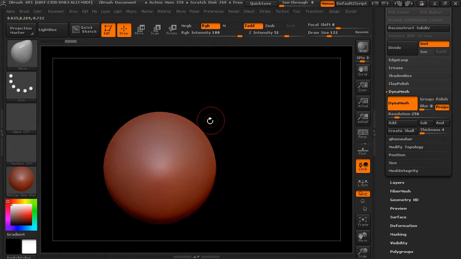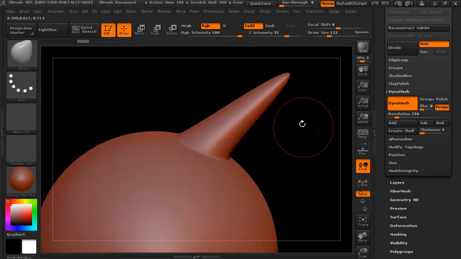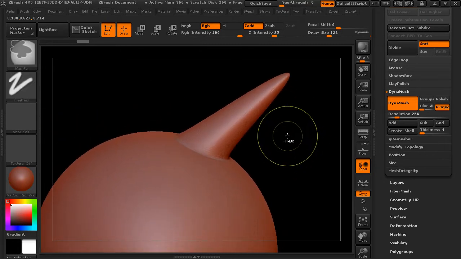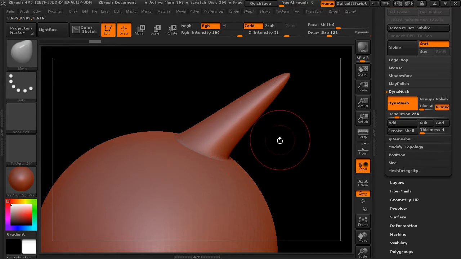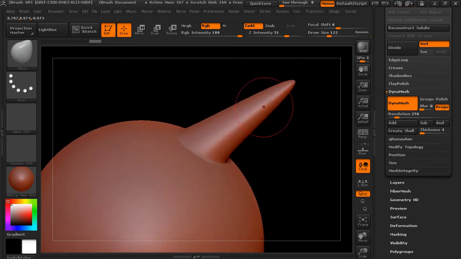Now it's going to turn this on, and it's not going to really change anything yet, but let's see what happens here. So now when I move this geometry out, I can pull that out, and now what I can do is Control drag in the canvas, and that'll actually recalculate optimal geometry for the new changes that I've made. And so now it's actually added geometry in here and redistributed it around the model